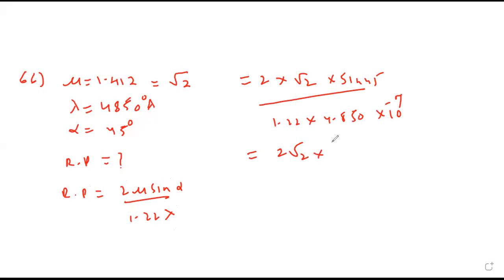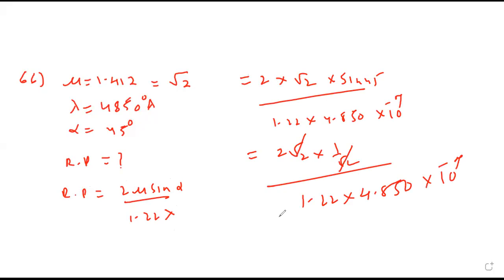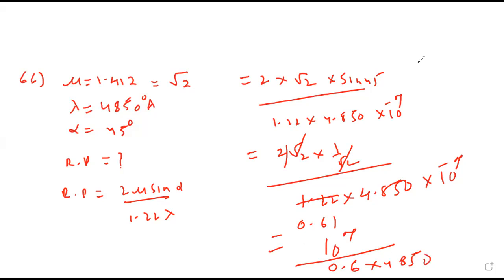So 2 root 2 sine 45 is 1 root 2, 1.22, 4.850, 10 raised to minus 7. This gets cancelled. 2 into 0.61. So 10 raised to plus 7 upon 0.6 approximately into 4.850. So I can write this as